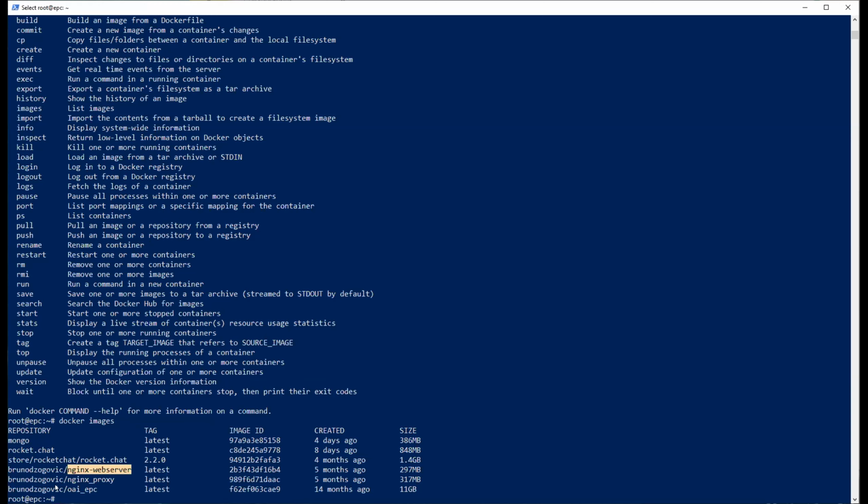The images are usually grouped in tags, and these tags show the version of the image. The image will be latest if it's the latest tag pulled from the repository. In this case, I have my own private repository and I'm pulling my Nginx web server image from there. I can remove images, for example with docker rmi, and you can use a name or the image ID. I can copy paste this ID here, or I can use the name to remove it. You just type the first couple of letters and it will go further on. So Nginx.